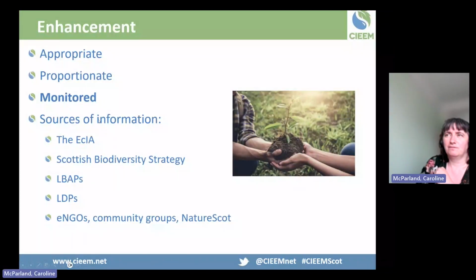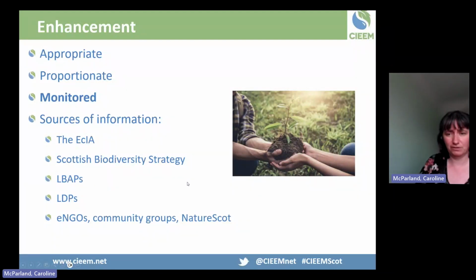Lots of sources of information as to what is an appropriate enhancement. There are some good examples in the Developing with Nature guidance as well that Simon presented on earlier. I know that's aimed at local development, and it shouldn't be used as the only source of information for a national or EIA development. But